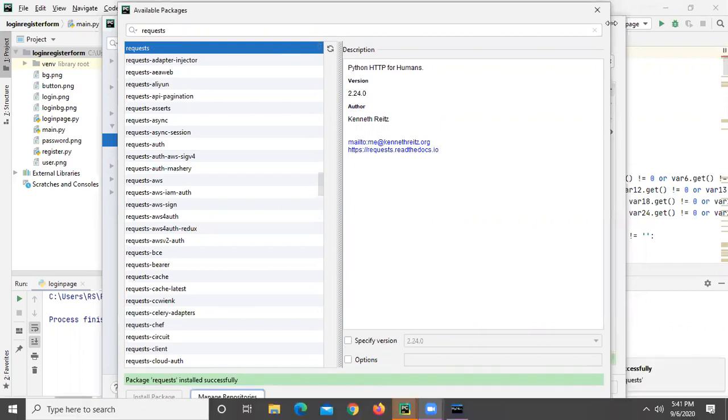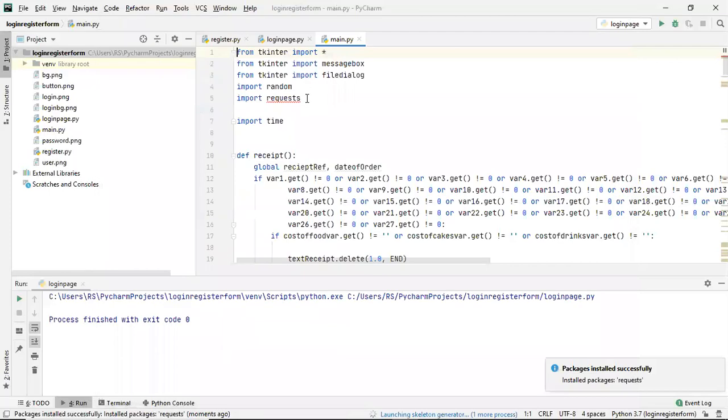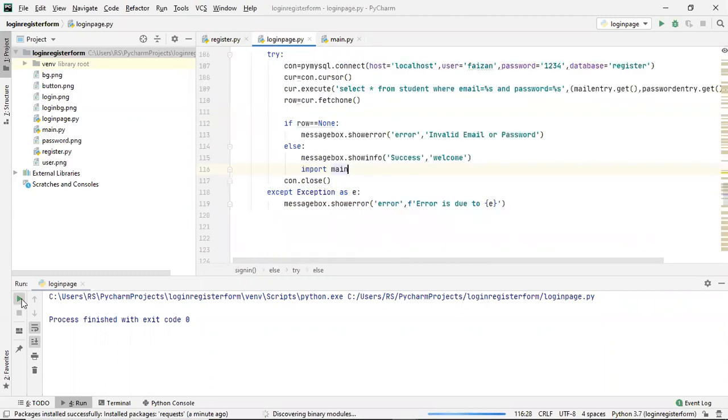Package installed successfully. Let me try this. This error will be gone. Let's see. Yeah, the error is gone. Now let's simply run this again.